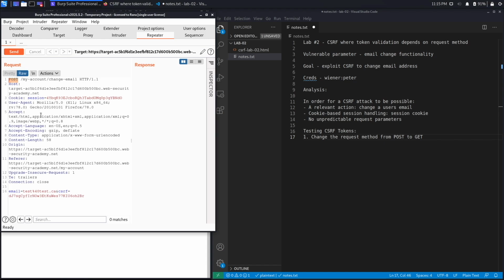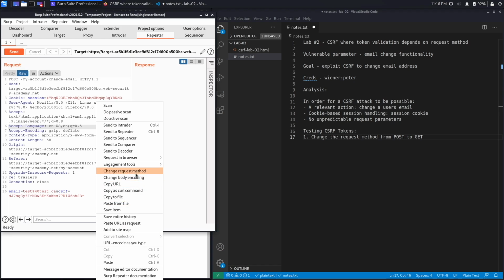Now, if you place a CSRF token on a get method, it doesn't really matter because it usually just outputs data from the application, and with a CSRF attack, you can't force the application to send that data to you. So usually it doesn't matter that you have a CSRF token on a get method or not. However, if the application allows you to change a post request to a get request and send data to the application, so use a get method in order to send data to the application, then this might be vulnerable to CSRF. So to do that, we're going to right click